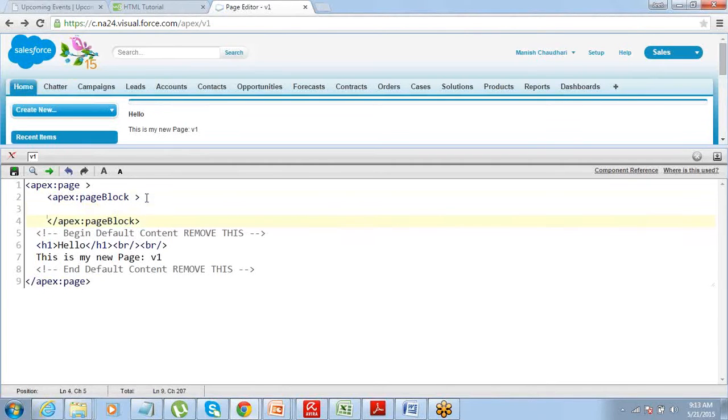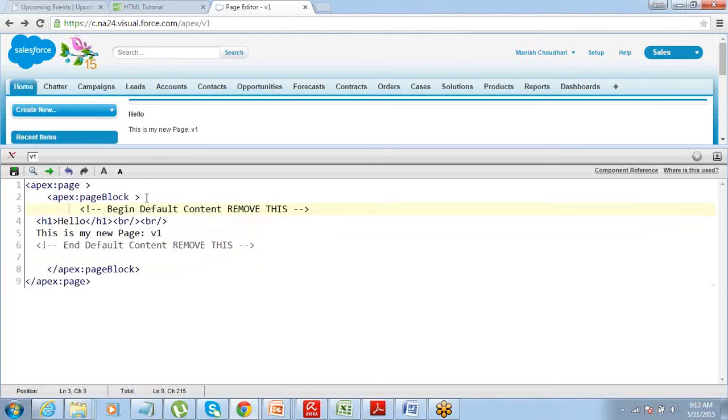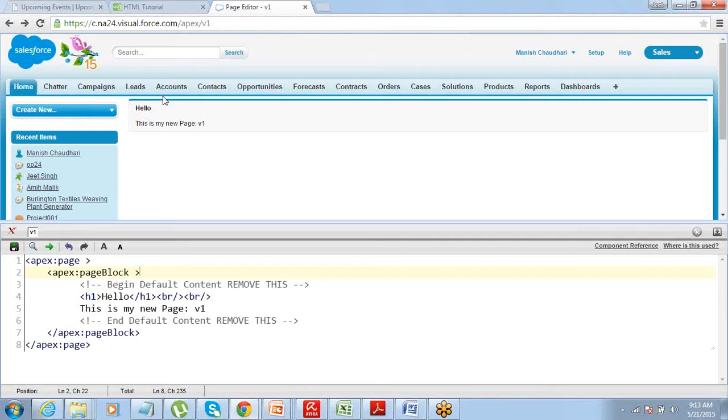If you put some text inside this, I can see the complete component. So there's a page component and then a page block component that I'm using.